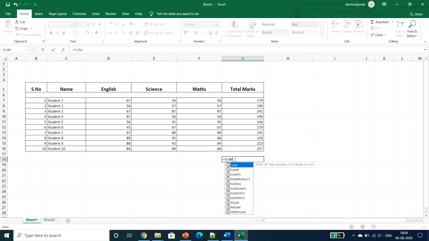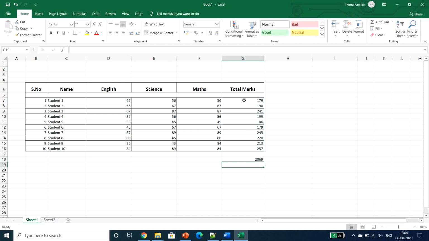Equal to sum of, I can press it here, till the range G7 till G16. Once I press enter, it will give the total marks of the 10 students, or the total of these things.